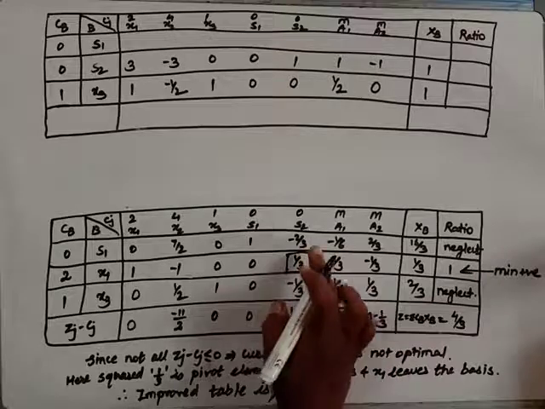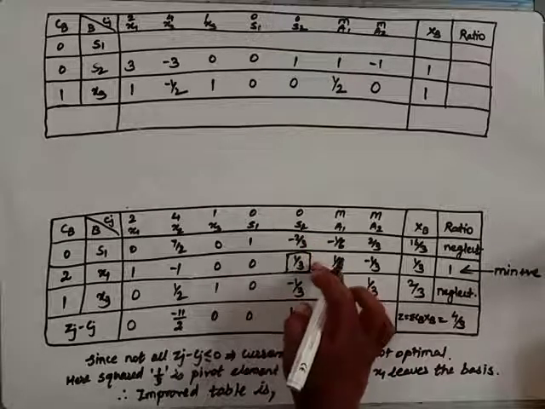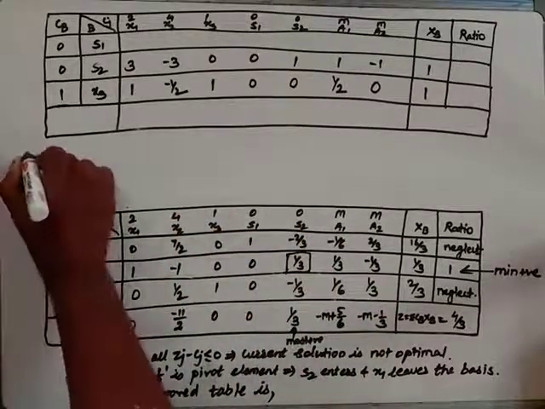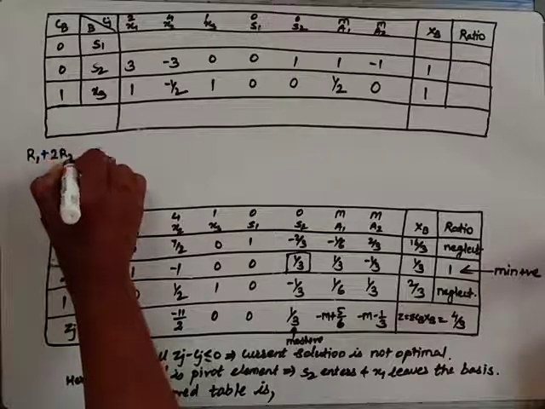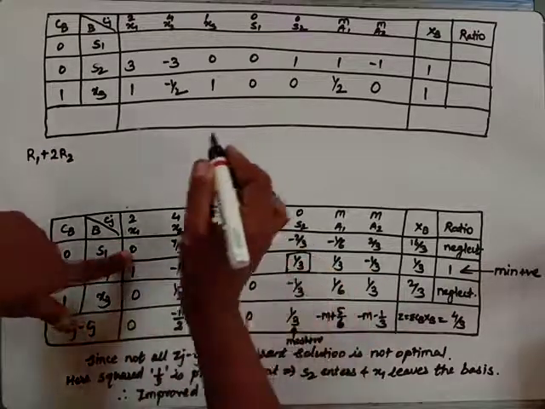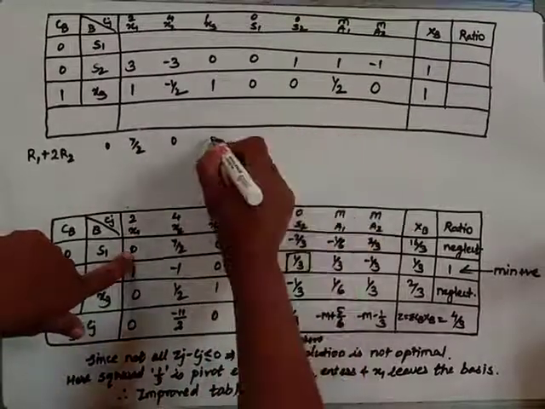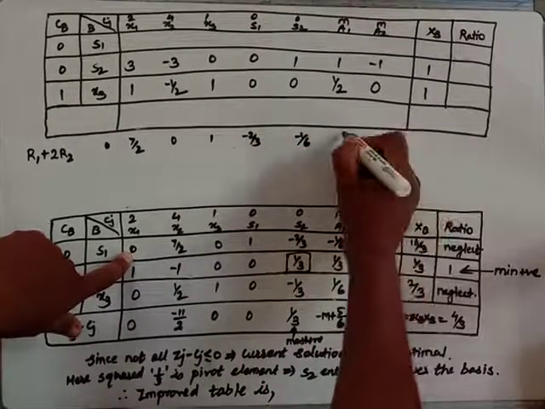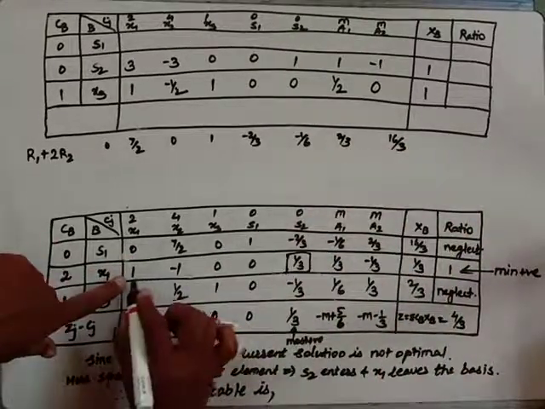Okay. Now this minus 2 by 3 we have to make 0. So for that use this row. So I must do the operation R1 minus, it will be plus 2 R2. If we do this operation we get 0. So here let us write down R1. So it is 0, 7 by 2, 0, 1, minus 2 by 3, minus 1 by 6, 2 by 3, again 16 by 3. Now we have to multiply by 2 here.